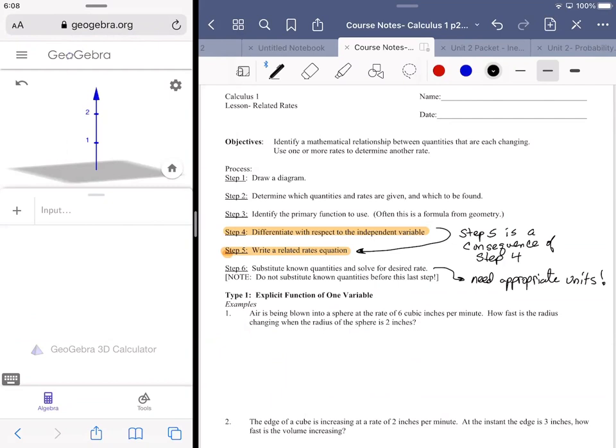Now, when you get to higher levels of calculus, you'll really see the power of something like this. But if you needed to sketch out a sphere, you could also go to Google Images. They don't really need to make things too crazy. But